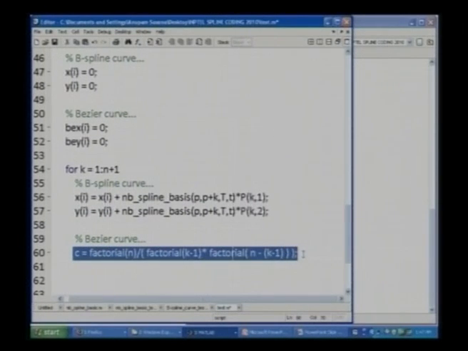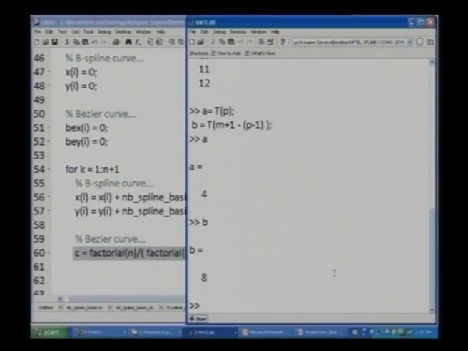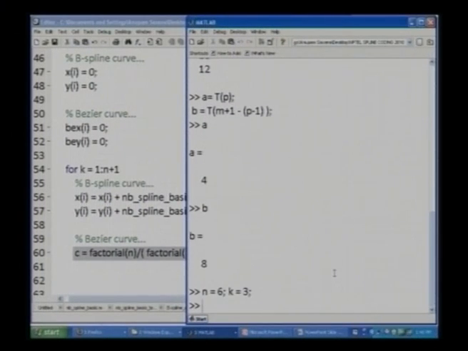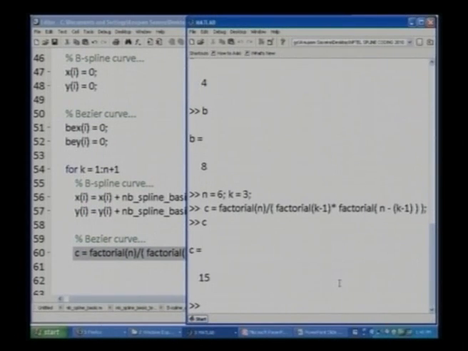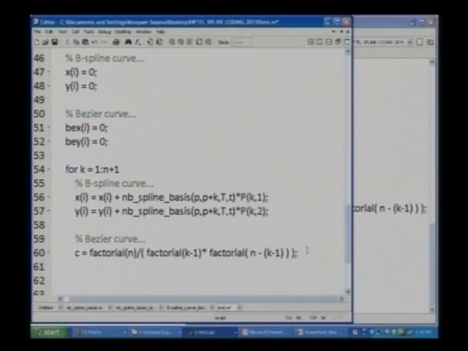Let's see if this expression is a valid expression. Let's arbitrarily take the value n equals 6, k equals 3. Copy the statement and get the value of c. So it looks like a valid construction. We move further